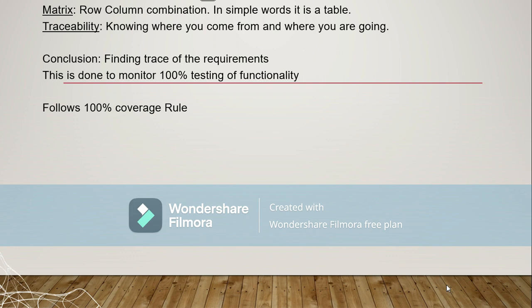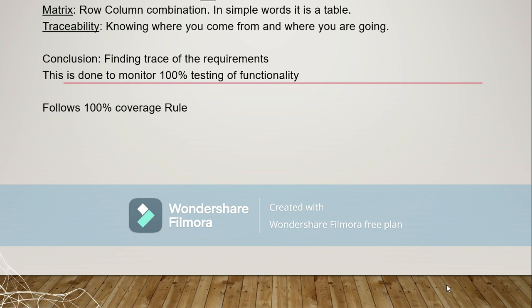This is basically done so that you are aware that there is no requirement that is missed, because when you trace back the requirements, you should see all the count of requirements that were there as part of your documentation. So this is a very important phase which is usually handled in the projects,